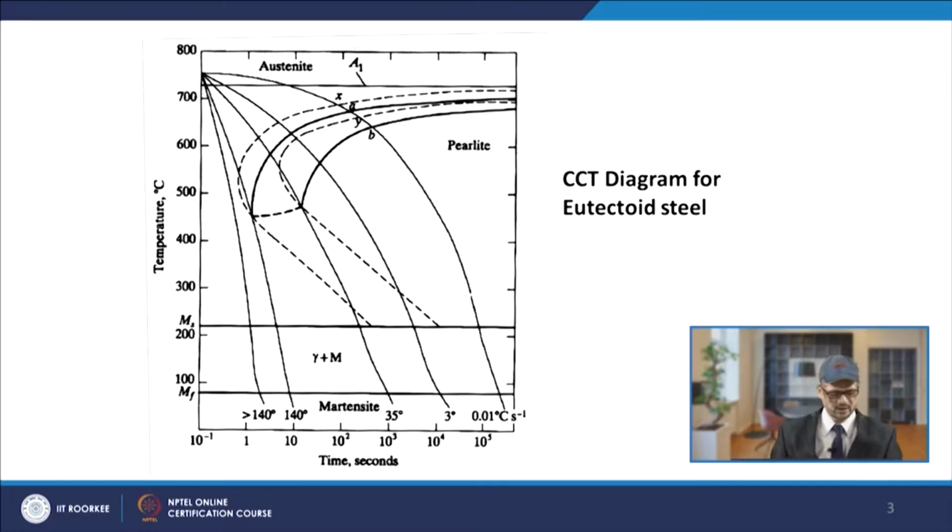Now, what you see in this case is that once you go for this cooling rate, you will have these points A and B which are formed. Basically, this is the pearlitic start point A, and this point is the pearlitic finish point B. They are outlined using the metallographic method. Now, they are at the lower temperature value x, and at a later time